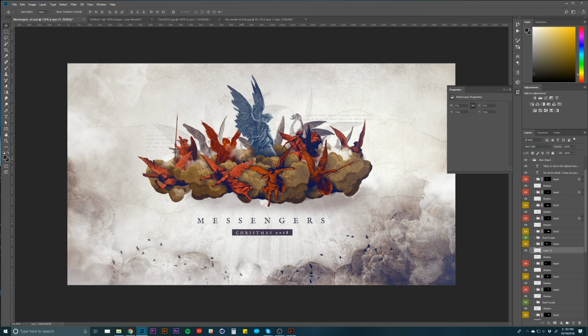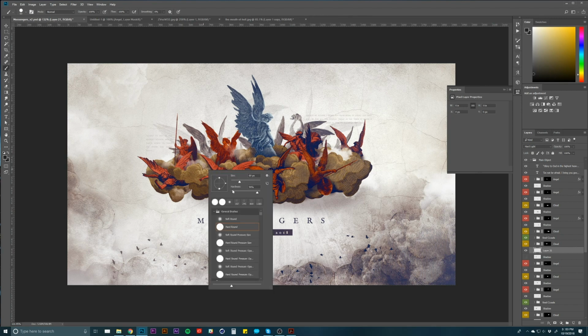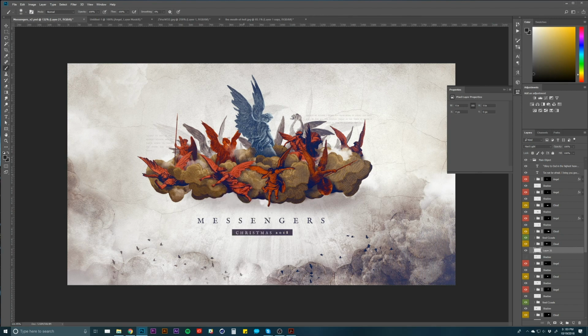Made sure that layer was selected. My brush tool was on. Had a pretty soft brush. Turn that hardness all the way down, and then I would just sort of paint in just a little bit. And even if it was too dark, I would turn my opacity down on my brush so I could go pretty gradual on it, and maybe even try to get some small little shadows in there,